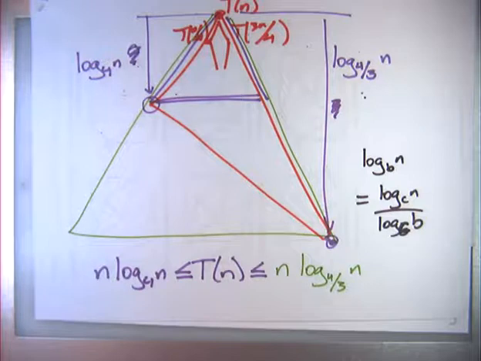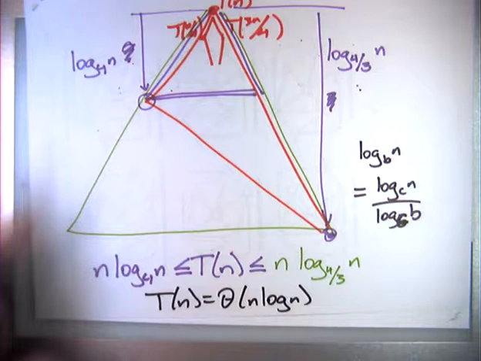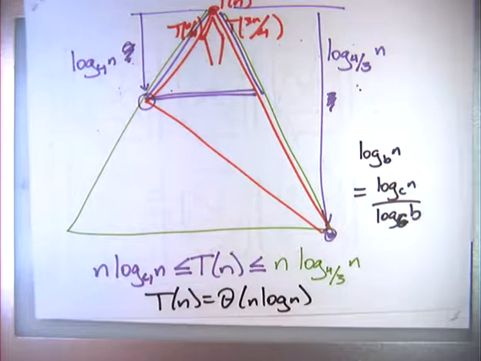But I don't care, because when I wear my big O goggles, I don't care about specific constants. The conclusion here is T of n is both upper and lower bounded by n log n. The base of the log, the specific number that I put under the log, does not matter, as long as it is in fact a number and not some other function of n. Okay? So this tree is wildly unbalanced. The leaves at the bottom are about 3 times as deep as the leaves at the top on the left. But it doesn't matter, because up to big O, the depth is log n.